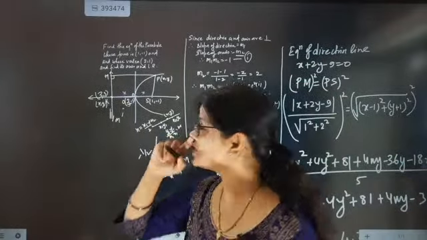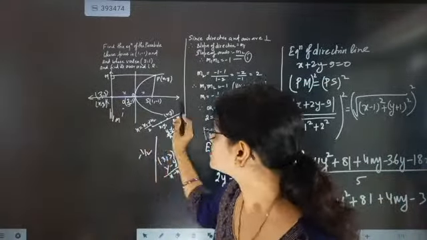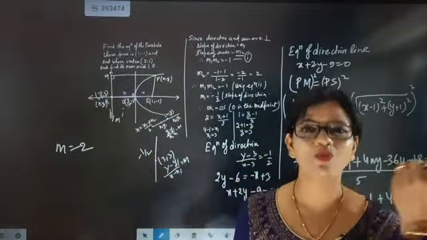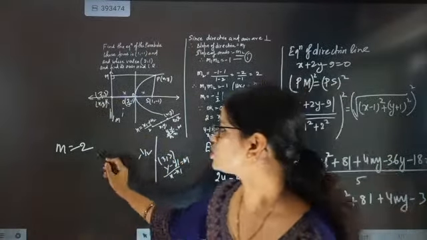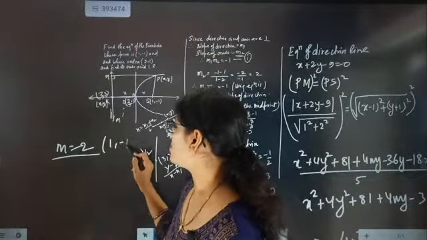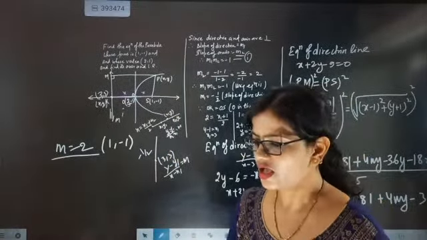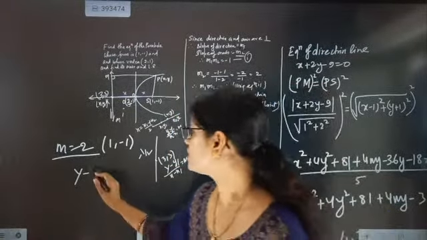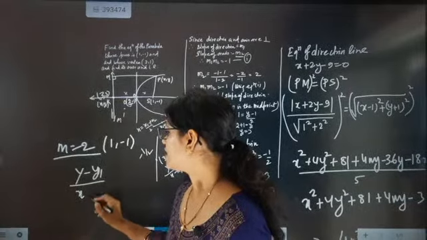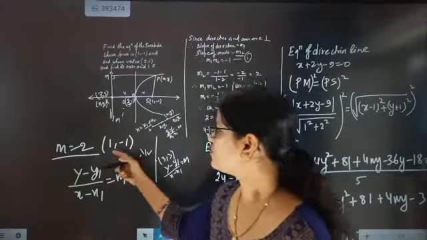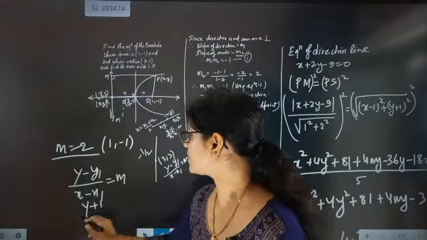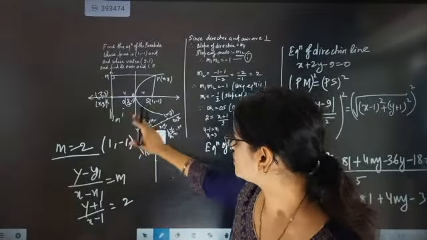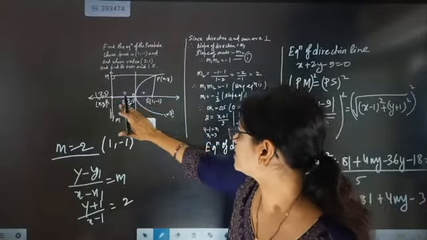For the equation of the axis, the slope you already know. What is the slope of this axis? The slope of the axis is m equal to 2, and many points are there. Any one point you take. Let us take the focus point. So the slope is there and the point (1, -1) is there. So what will be the equation of the axis? You know the equation of the axis will be (y - y1) by (x - x1) equal to slope. So y1 is minus 1, so it is coming as (y + 1) by (x - 1) equal to the slope, which is 2. So this is exactly going to give you the equation of the axis. Fine.